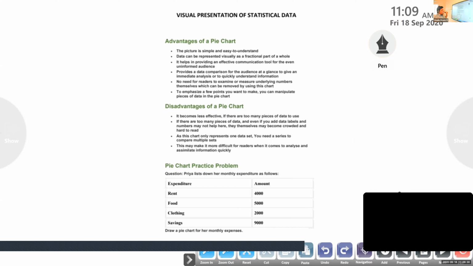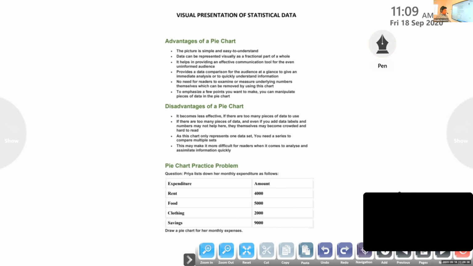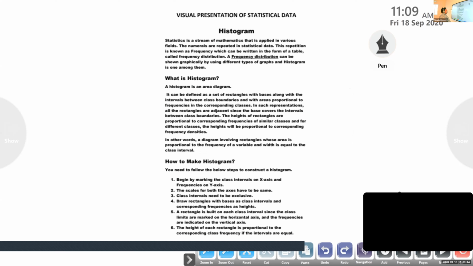At the same time, we already discussed advantages of visual presentation and disadvantages of visual presentation also. And advantages of a tabular presentation and disadvantages of a tabular presentation. So all these questions are too important for us. Okay, next one, the most important one here, that is the histogram. What is a histogram? Or how to construct that? How to make a histogram?